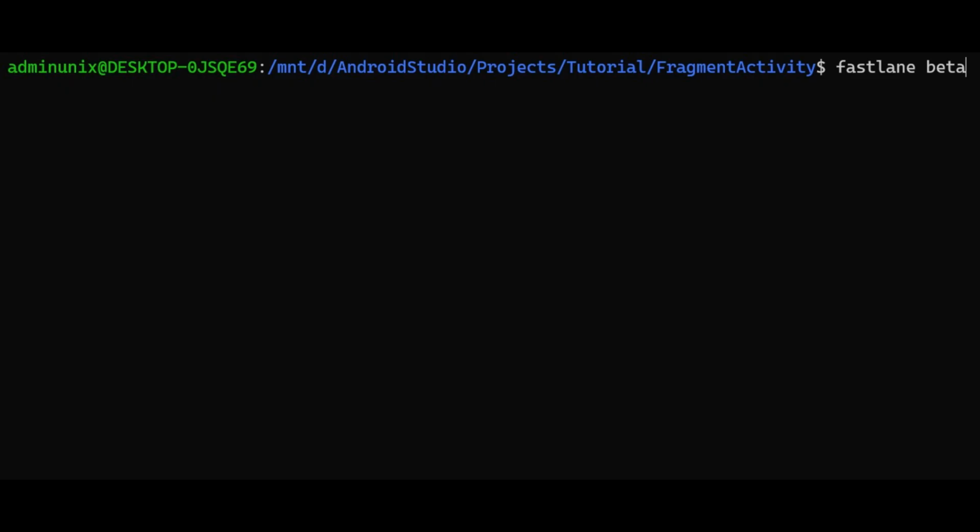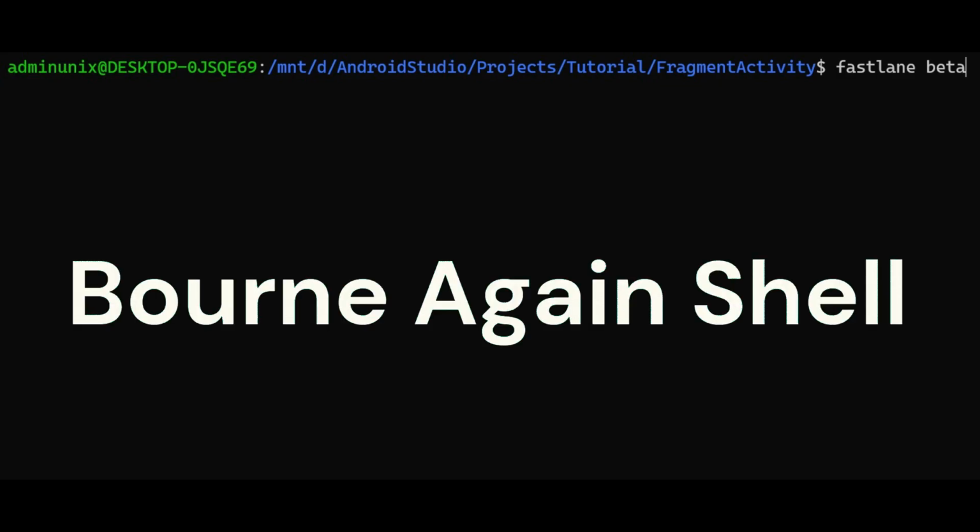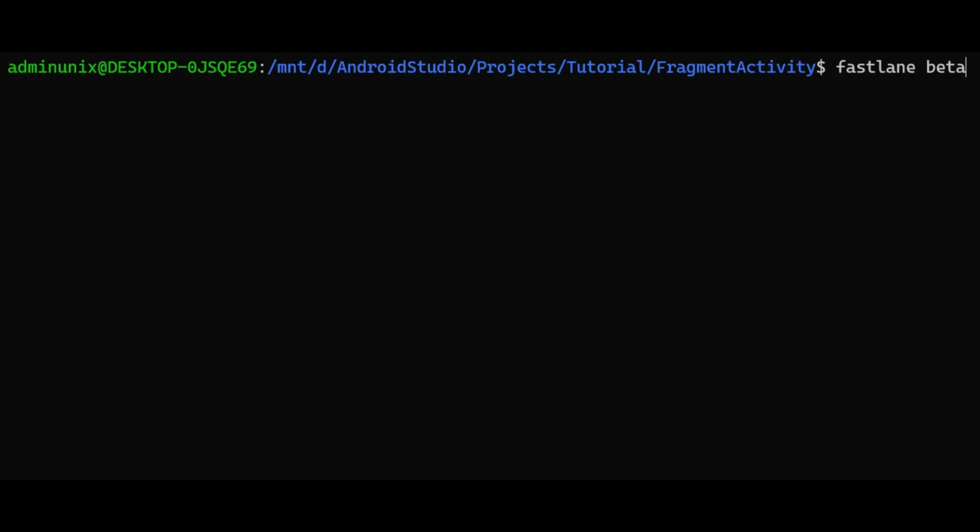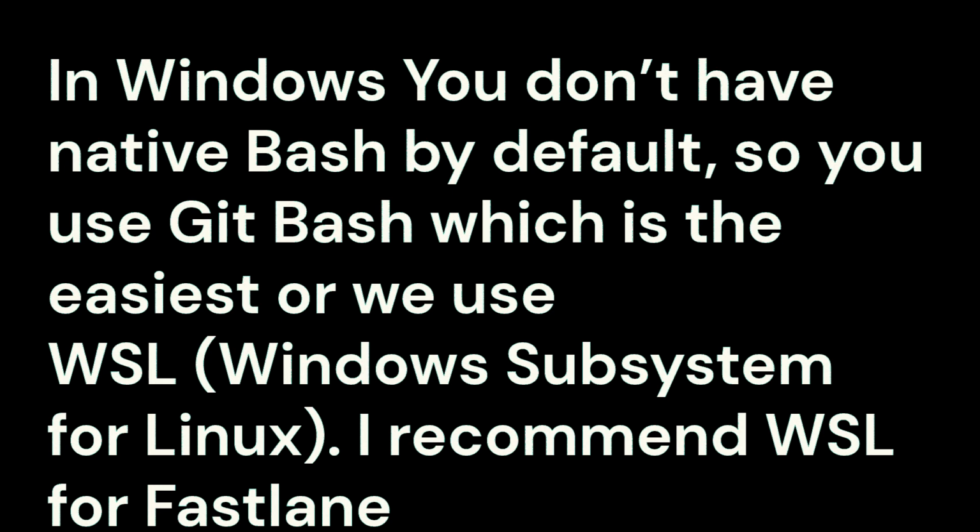We run the command inside a terminal called bash shell. What is bash? Bash stands for Born Again Shell. It's basically a command line environment where you type commands to control your system. Where do you find bash on different systems? In Windows you don't have native bash by default, so you use git bash, which is the easiest, or we use